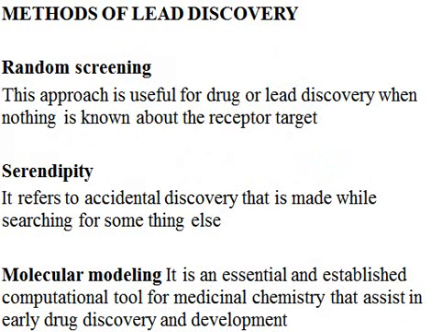Then we have the methods of lead discovery, right? When you are discovering a lead, there are 6 methods to discover a lead. One is random screening. We carry out random screening when we know nothing about the receptor target, right? So whatever structures you have in hand, you test them for all possible biological activities. So maybe we get some biological activity which is desired,